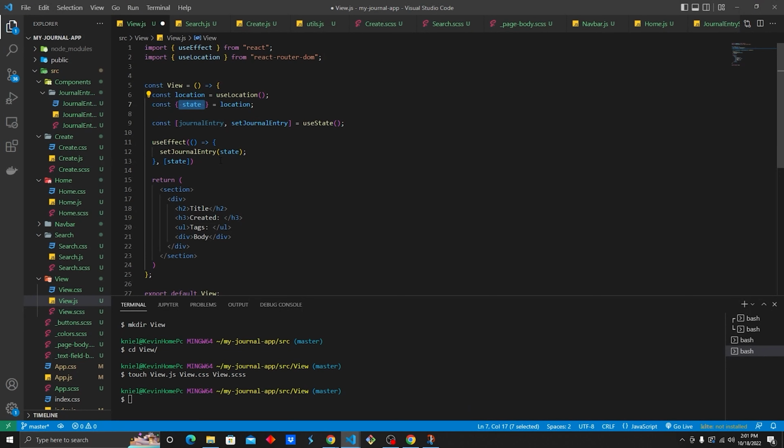What this will do is give our app time to finish the set state for the journal entry and then re-render. And while it's doing that, journal entry will be undefined. When we hit save, just so you can see it happen in real time,